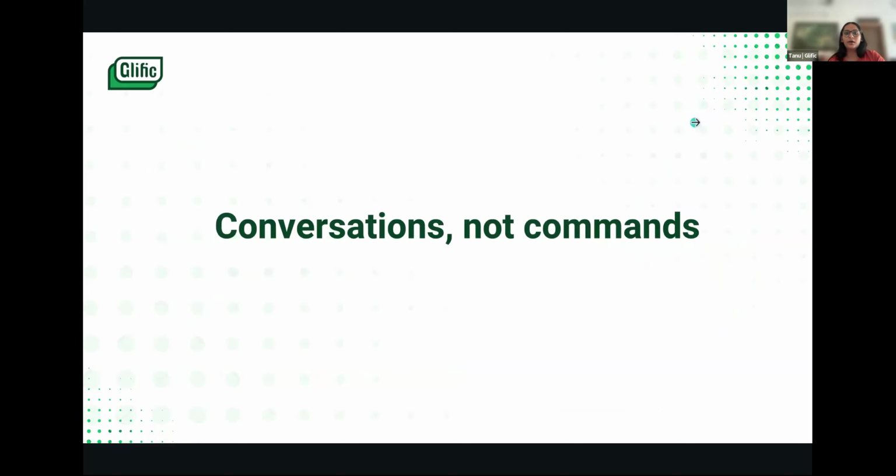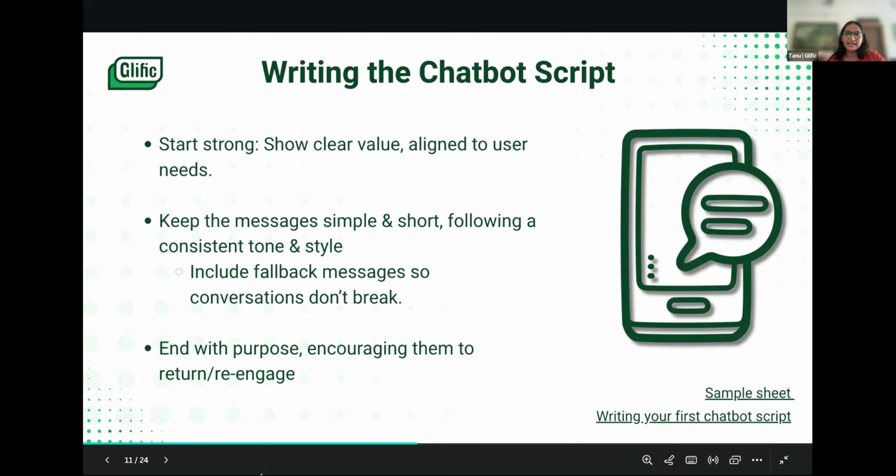Moving ahead. Now you know who your users are. Based on this, you will have to design a script in a manner that they can understand your product. There are certain things that you need to keep in mind when you're writing the script. You can do it either in a simplistic Excel format, or you can create an actual flowchart design of how you would do it on the flow editor.